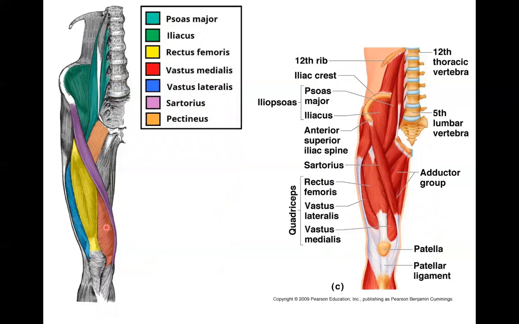Now I'm moving down into the muscles of the thigh, and we're looking at the anterior surface. And the big group on the anterior surface of the thigh is the quadriceps group, Quadriceps femoris. Quad means four, so we're looking at a muscle group with four different heads. And the first one of this quadriceps group is illustrated in yellow here. That's rectus femoris. Rectus femoris has its origin up at the anterior inferior iliac spine and its insertion down at